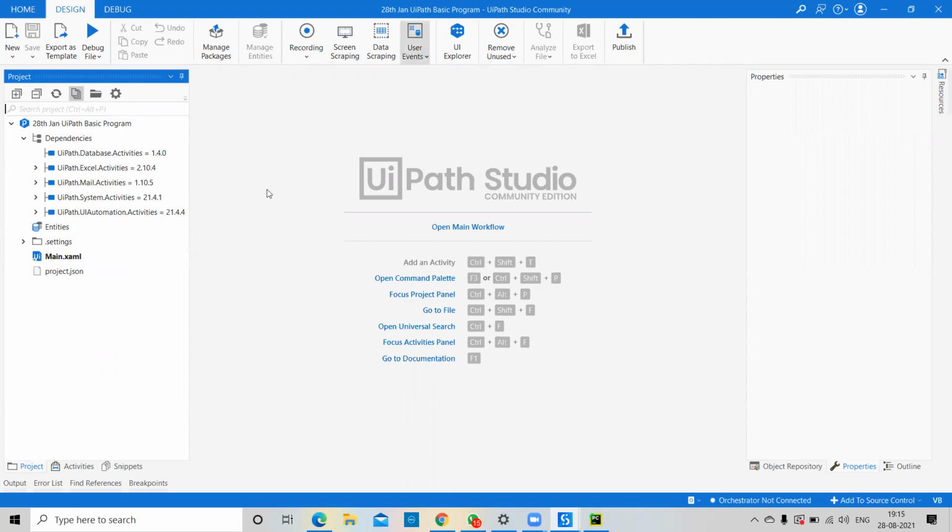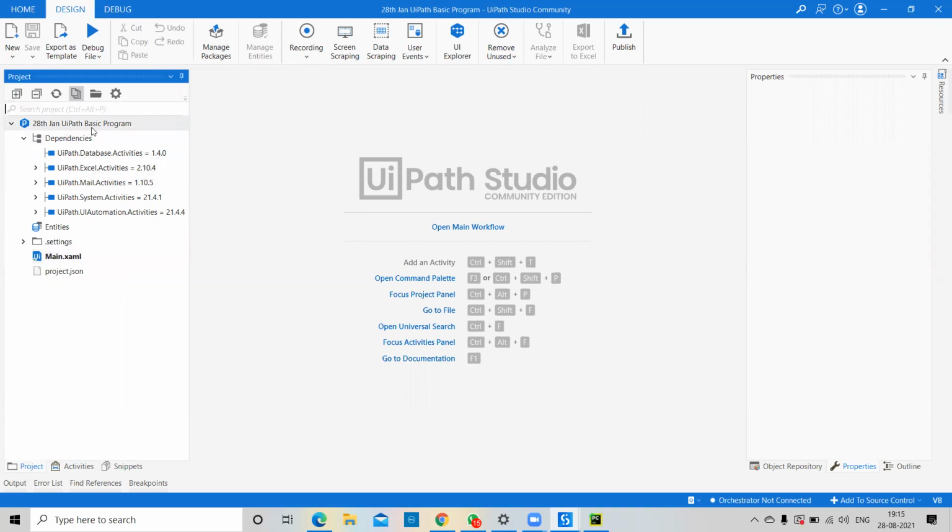Okay, so the main.xml file is especially for the unattended bot. There are 2 types of bot in UiPath. One is the attended bot and the second one is the unattended bot. Right now we are working on the attended bot. This is called a front end bot and this is very cheap. Cheap means $7,000 to $8,000 you have to pay for this software. I'm using the community version, but if you go for production or a client environment, they will provide you the enterprise edition. Main is especially provided for the unattended bot, but right now you can use it for the attended bot also.